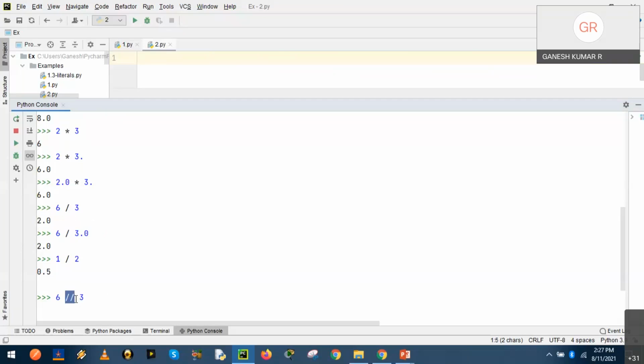Double slash represents integer division. It differs from the standard slash operator in two details, as I said, which lacks the fractional part. Could you notice it? The earlier slash results 2.0. Now we have got only 2. So this result lacks the fractional part. Floating point is absent here. In some cases, if we really need the division operation to provide only integer values, then this integer division will be a handy one.